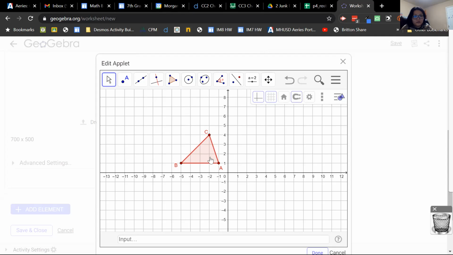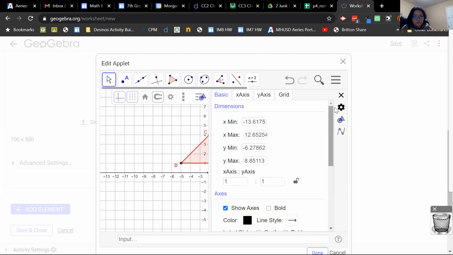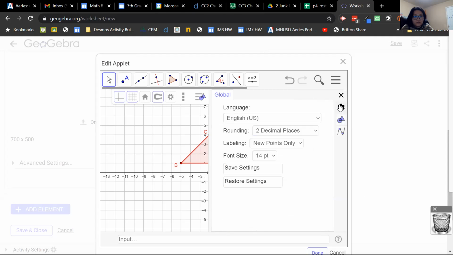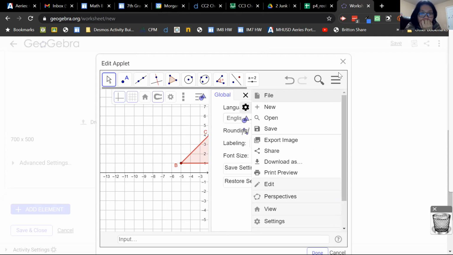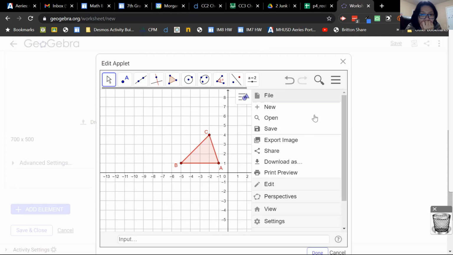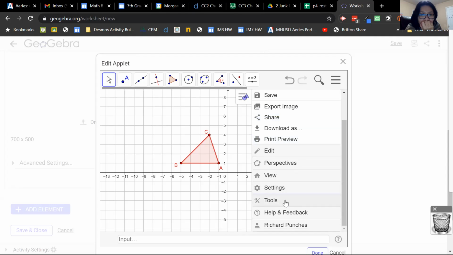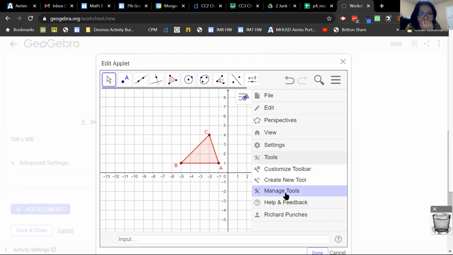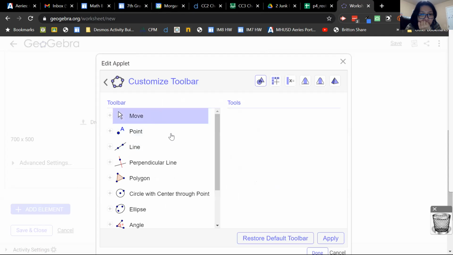So we've got this, it's fixed where it is, which is really good. But I think there are too many tools. So where did I see this? Oh no, right here under the hamburger, you can actually change. Under the hamburger, you can go down a little bit and there's a tool button. And so if you go to customize toolbar, then you can give them only what you want them to